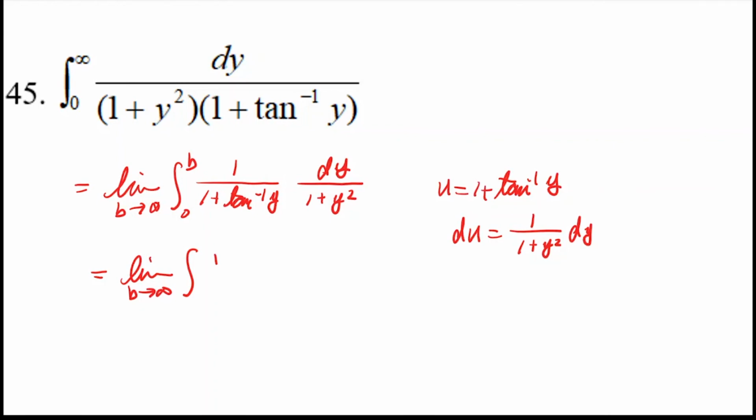So what we have is 1 over u and du. Good. Now we have to change the limits of integration. Okay, so when u is equal to 1, u is equal to 0, then